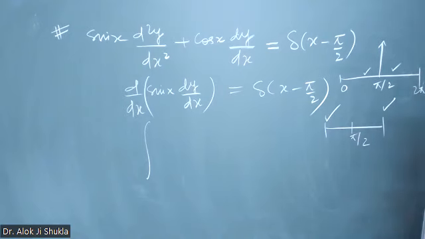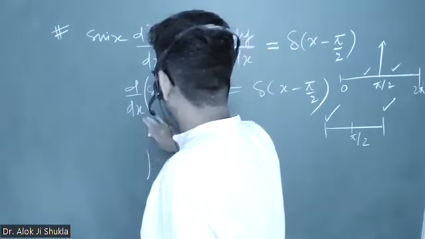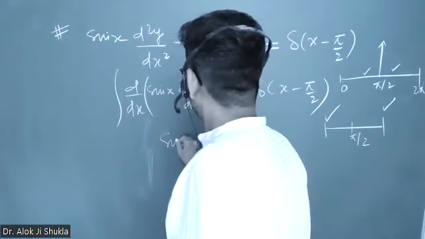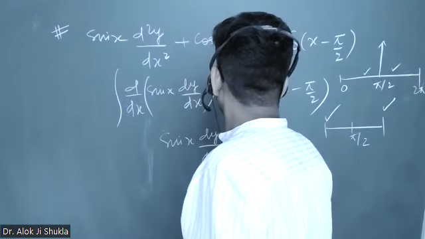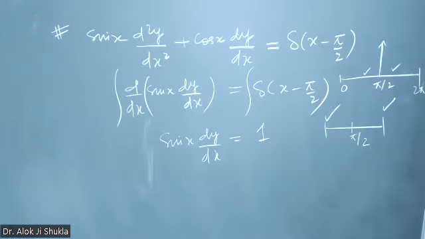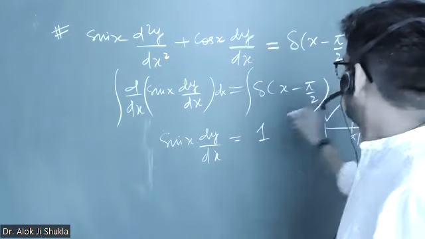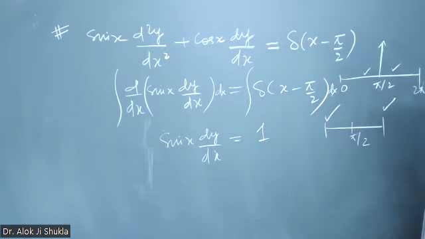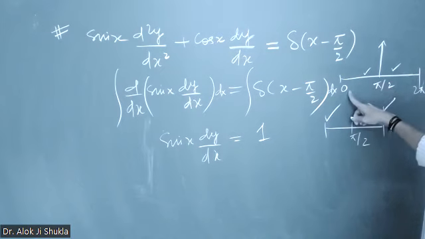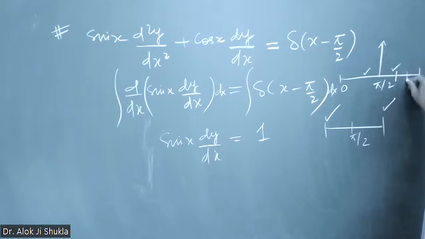इट विल कम इन बिटवीन। सो इंटीग्रेशन ऑफ दिस will result into, if I integrate like this, ध्यान से देखो, it will become sin x dy by dx is equal to, this side it will be 1, and सर dy, लिमिट नहीं लेंगे हम कुछ। लिमिट का मतलब ये कुछ भी लिमिट ले लो, बस ये इंक्लूड होना चाहिए, तो आंसर तो सेम ही आना है ना। हाँ अगर ये मान लो मैंने यहां से यहां लिमिट ले ली, तो राइट हैंड साइड 0 हो जाएगा, इफ दैट डेल्टा फंक्शन इज नॉट इंक्लूडेड।